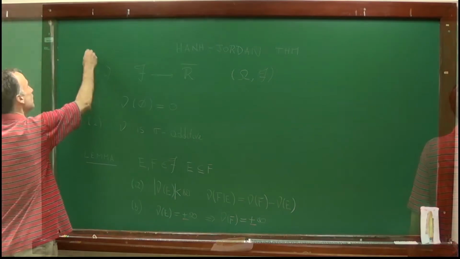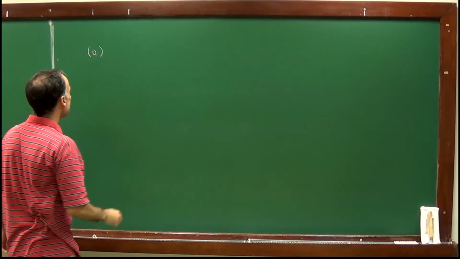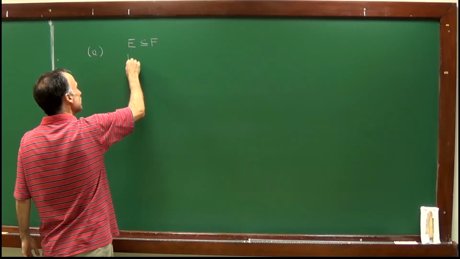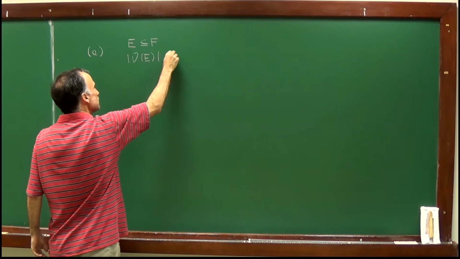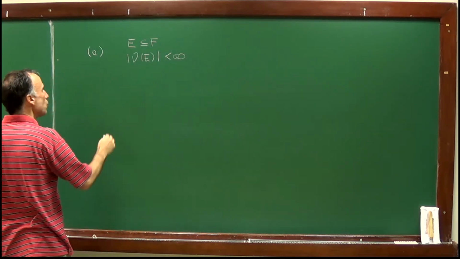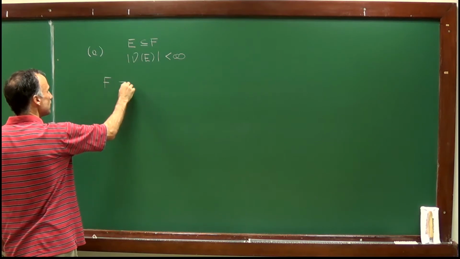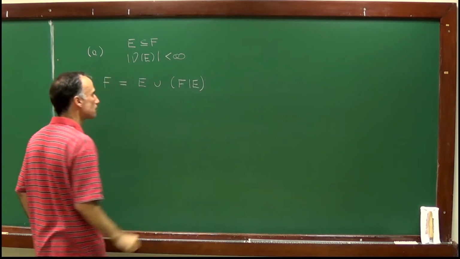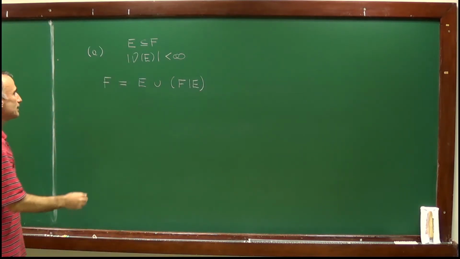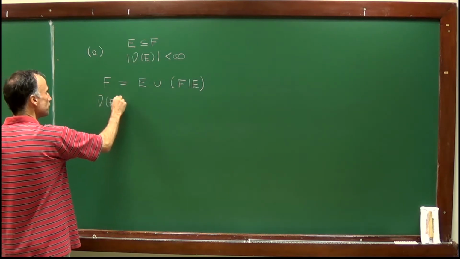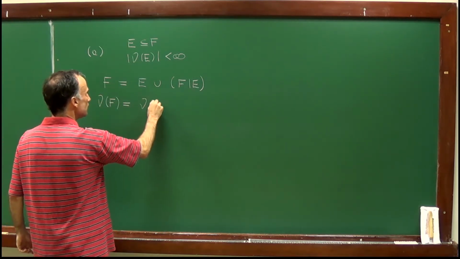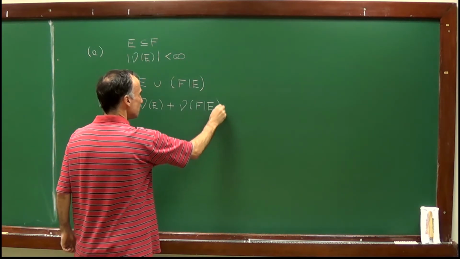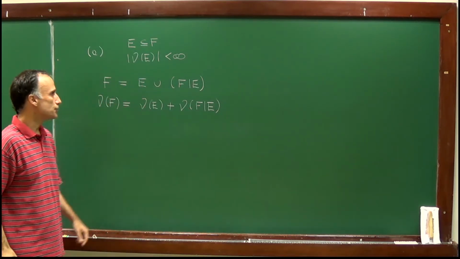So let's first prove A. I'm assuming that E is contained in F, and that nu of E is finite. Well, I can always write F as E union F minus E. I can use the additivity of nu to write that nu of F is equal to nu of E plus nu of F minus E,